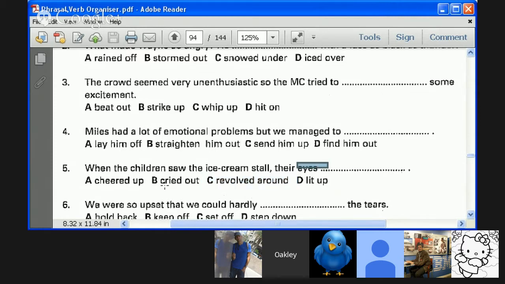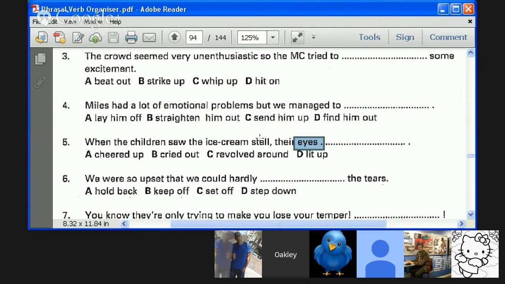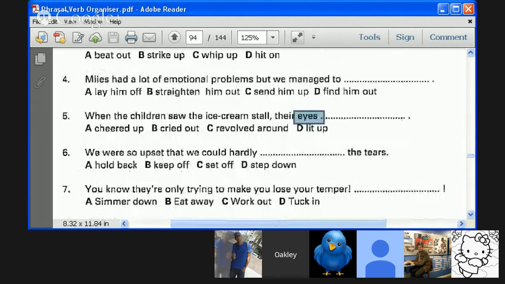Okay, they're giving you a bunch of things that match with eyes, like revolved and cried, but of course this is much more metaphorical, idiomatic. Okay. Their eyes twinkled or sparkled with joy. We use that same expression in English, actually, native there. Definitely. Very same, exactly the same, either one. Yeah, it is interesting, I agree.